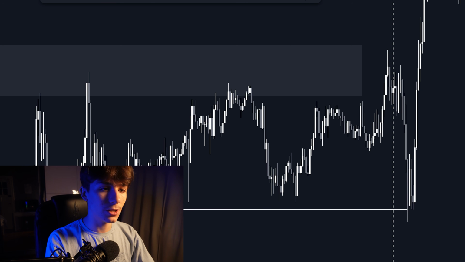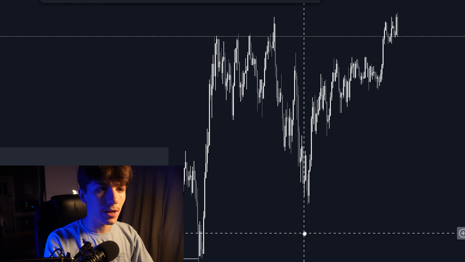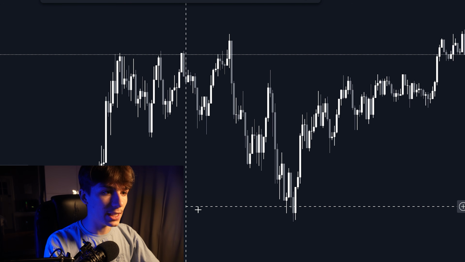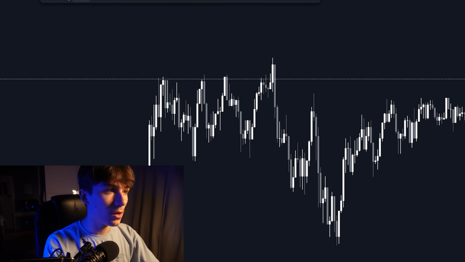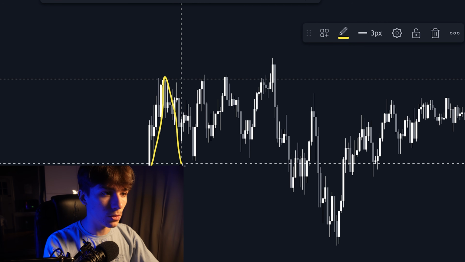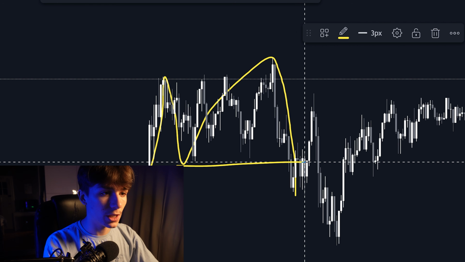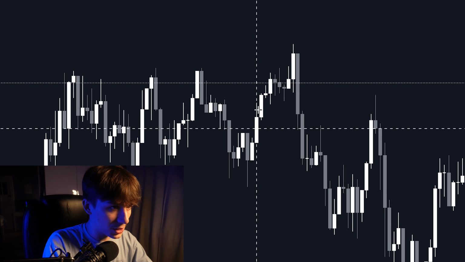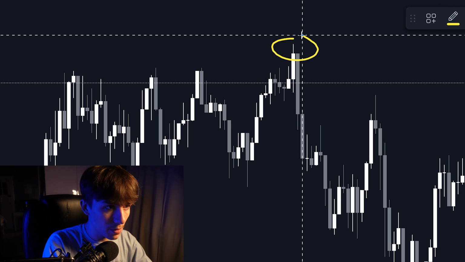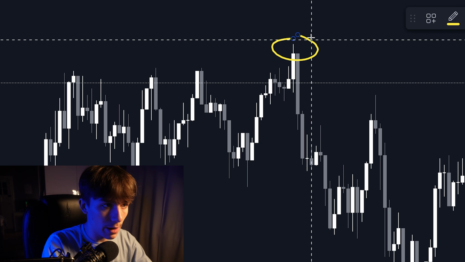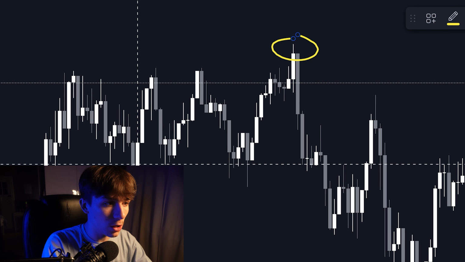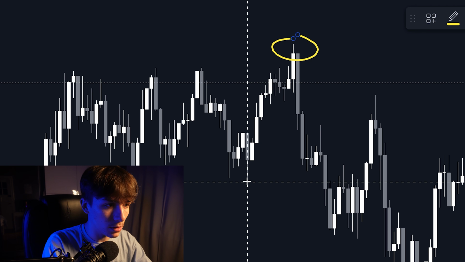So maybe some other examples. For example, why is this a valid break of structure? So 1, 2, like this. This is the low that you want to see break, not this one. For example, this is the last sweep of some kind of POI mitigation. Now, what is the low that brought you to the last sweep? Not this one,